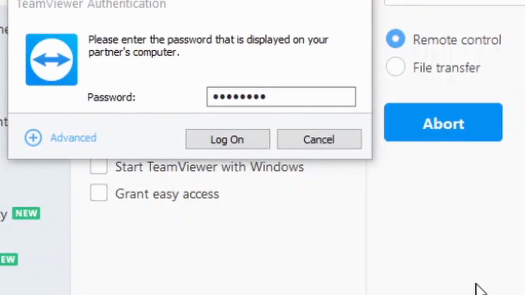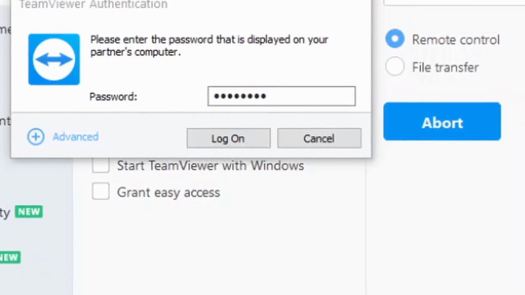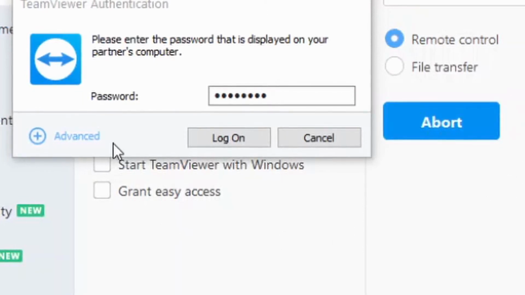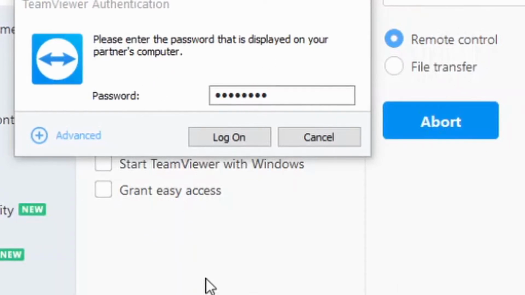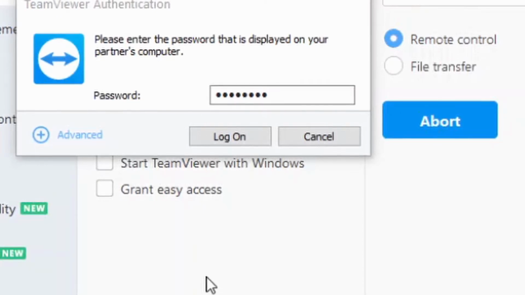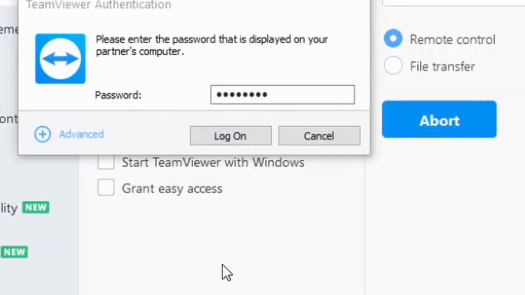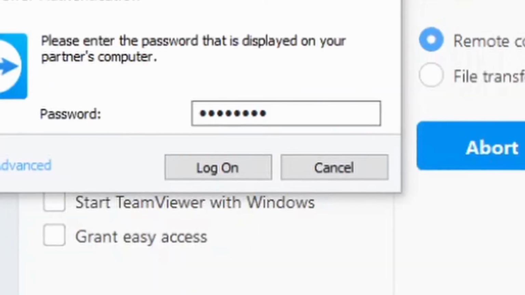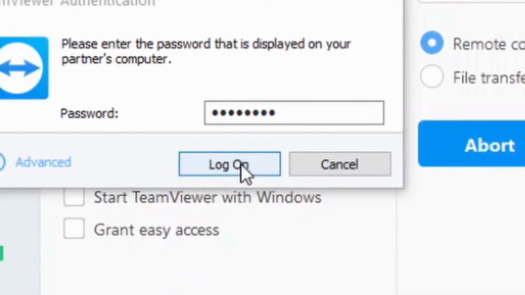You will note that when you do this subsequent times, you won't be asked for this identification. It should just pop up automatically, and you'll simply be prompted for a password, and the password changes each time you access the remote computer. So each time you fire up your remote computer, it will provide a different password for that session. Once it's entered, simply press login,